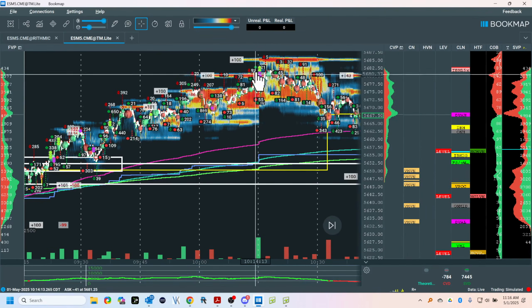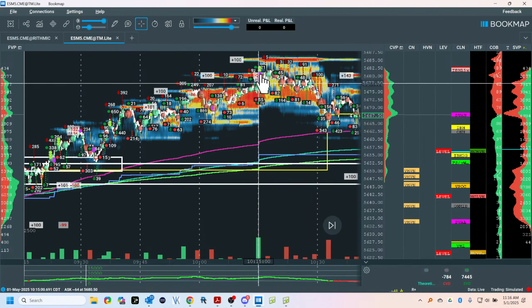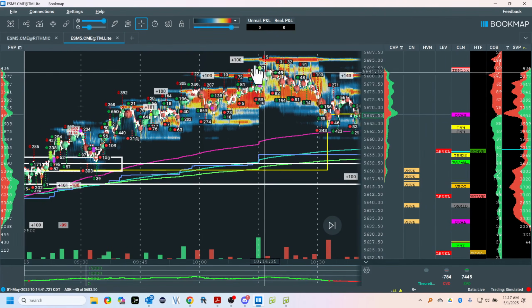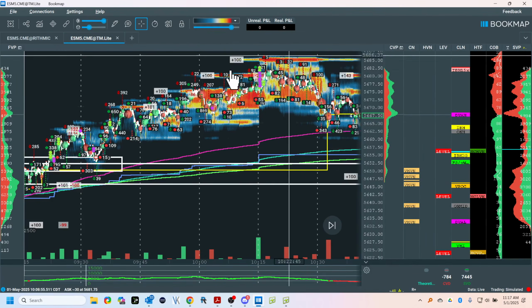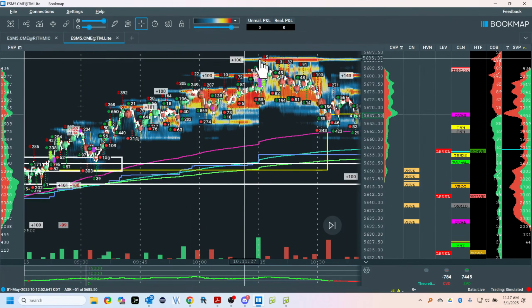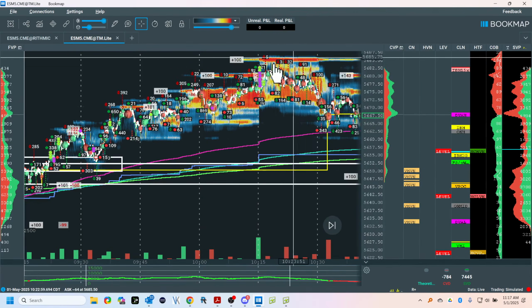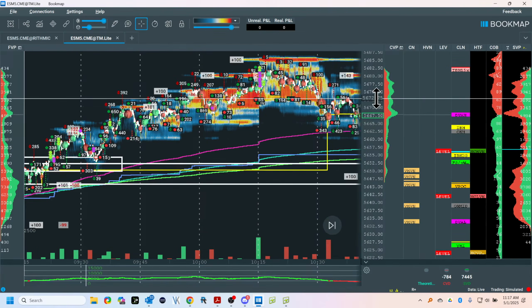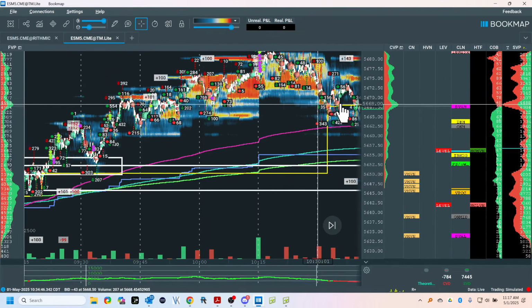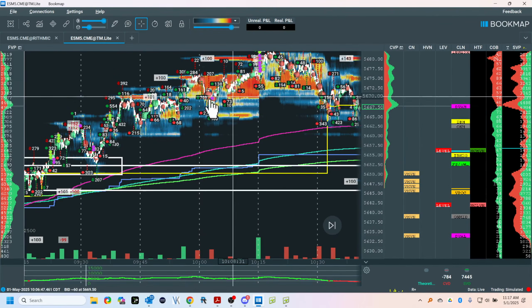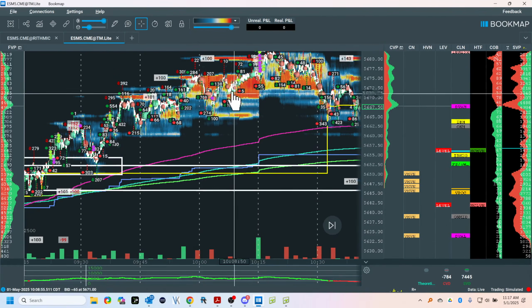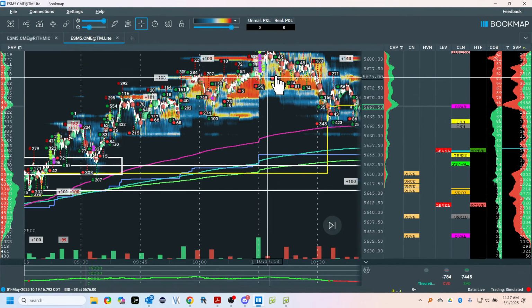So right here, I get a sweep: buy sweep, sell sweep, buy sweep, buy sweep, liquidity. You see the liquidity stacking in the book. I'm seeing the selling icebergs, and I'm still clueless. This is my support. So again, subject to your plan, you'd be managing your trade because we're all clueless.